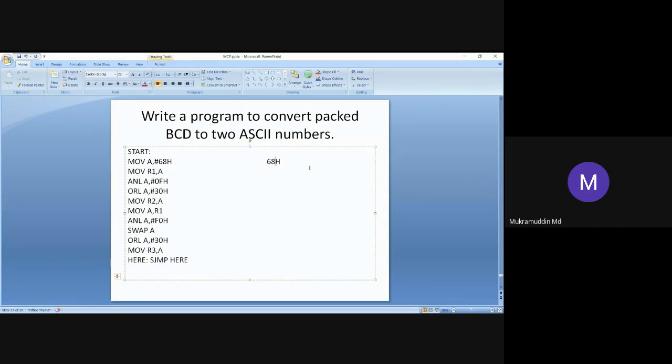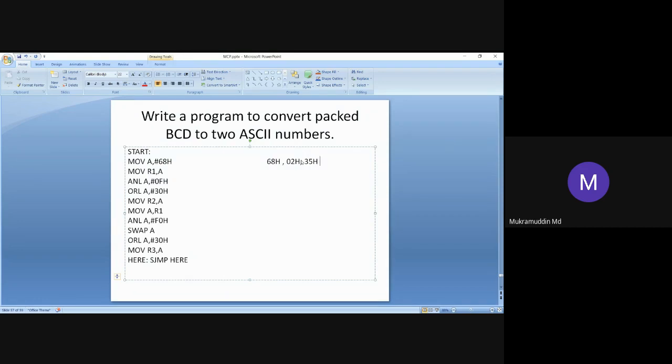Is it okay, all of you? For the first digit, we can use the digits from 0 to 9, and in place of the second digit, we can use the digits from 0 to 9. So it is a BCD number. So we can take any digits like 02H, or some 35H.